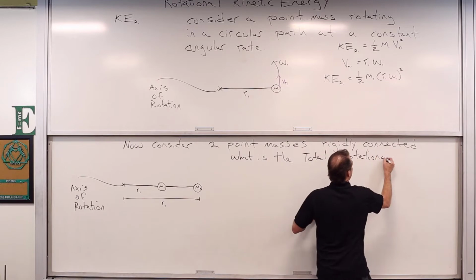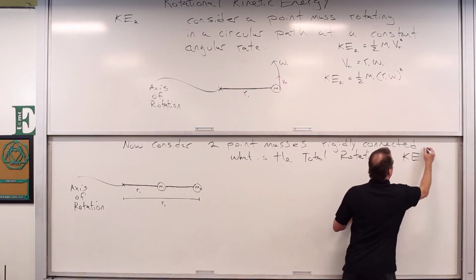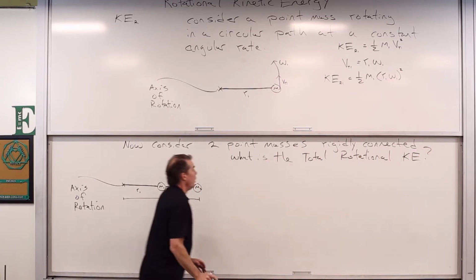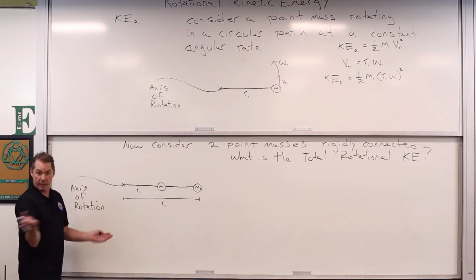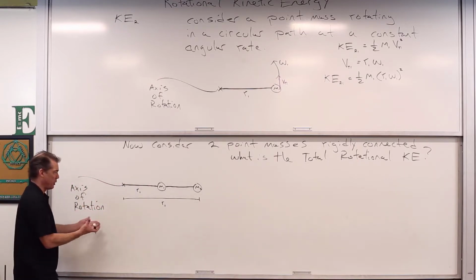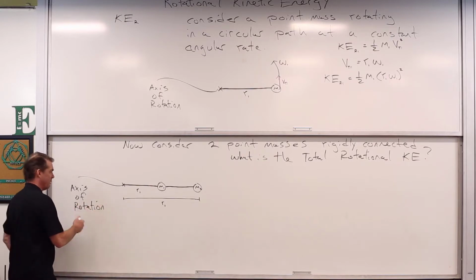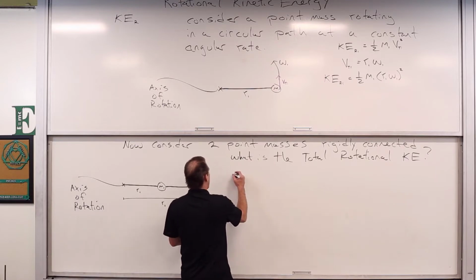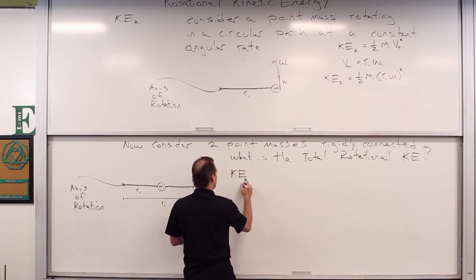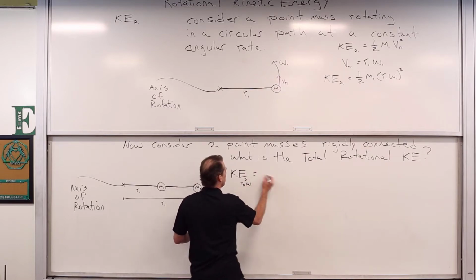What is the total rotational kinetic energy? Well, if we're looking for the total, it would be the sum of the individual rotational kinetic energies, right? We just say we got 2 objects rotating, and we just sum up what their individual contributions are. So we have that KE sub rotation total is going to be